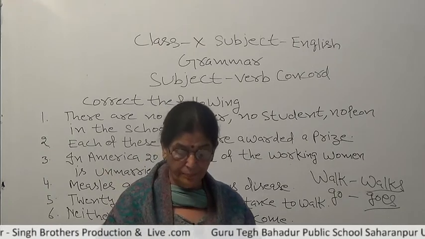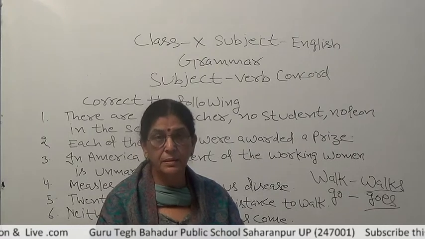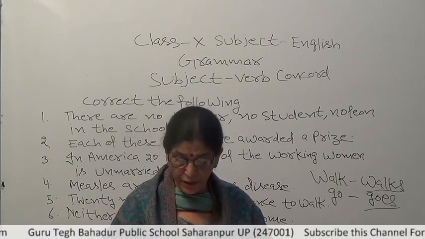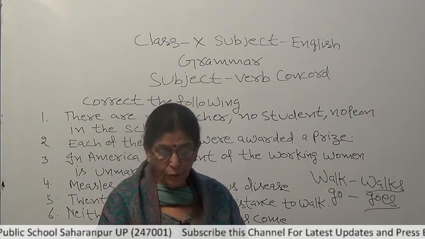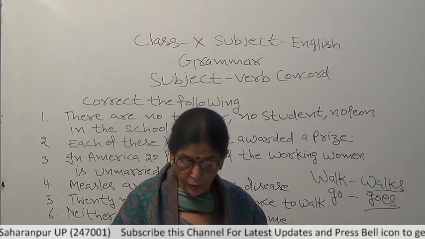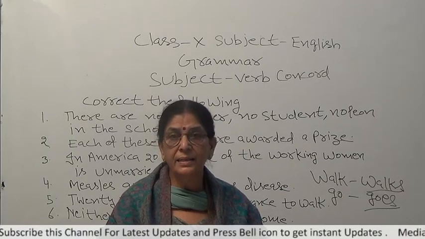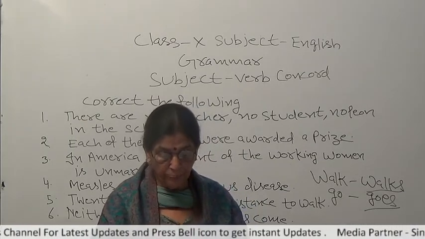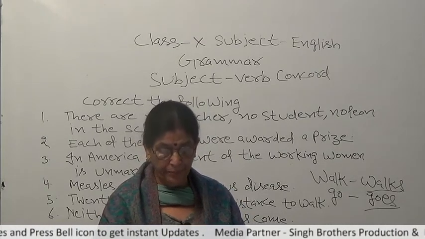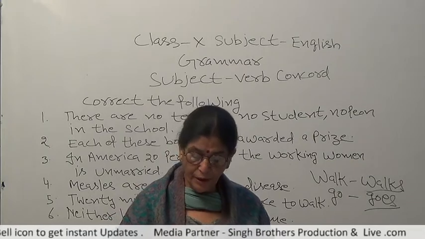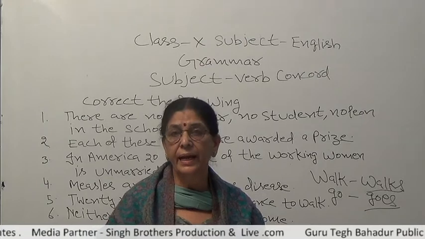Then next, nouns plural in form but singular in meaning take a plural form. For example, scissors, tongs, goggles, jeans, trousers. So here remember, plural in form, seemingly they are plural but singular in meaning, so all these take a plural form. Next, everybody, somebody, nobody, anybody, anyone and each take a singular verb.